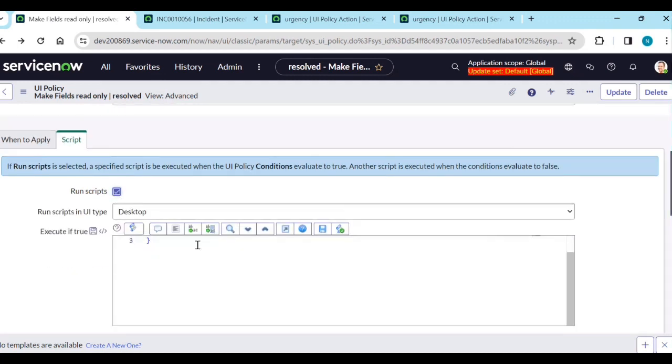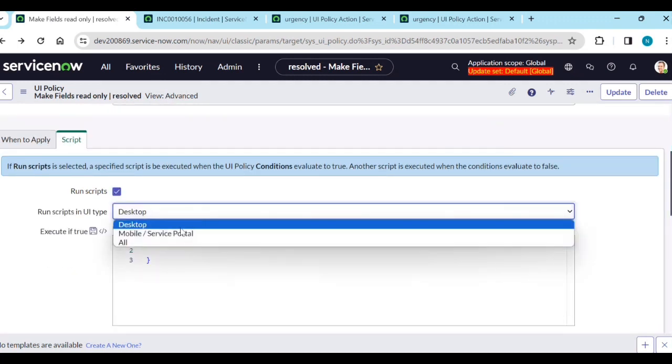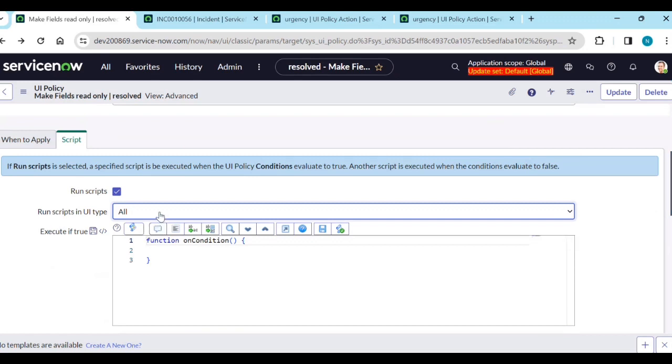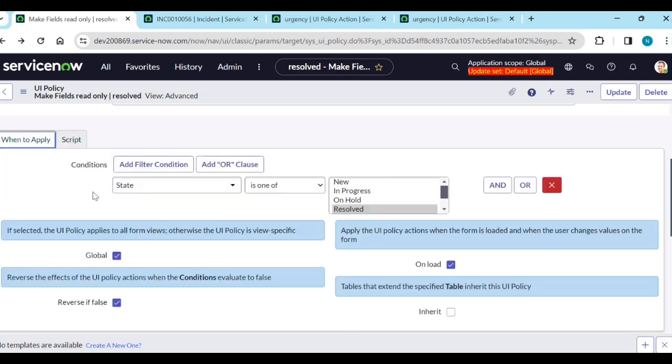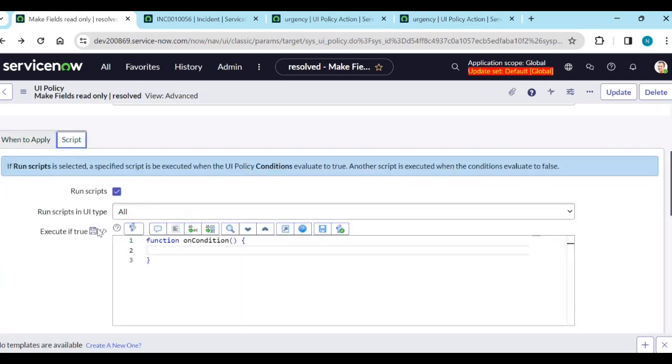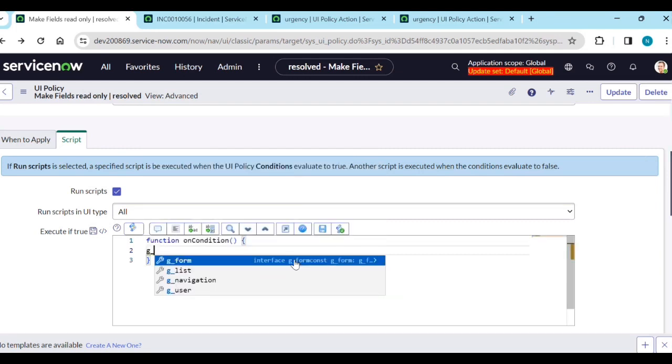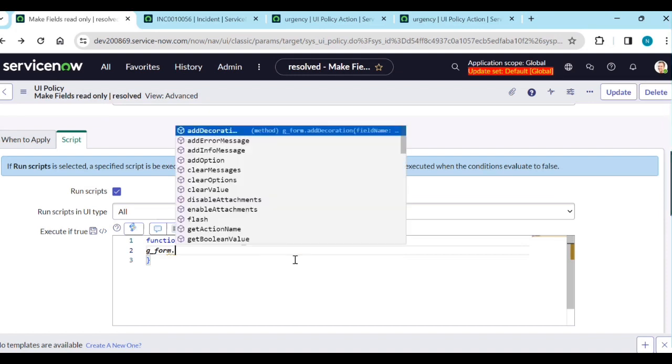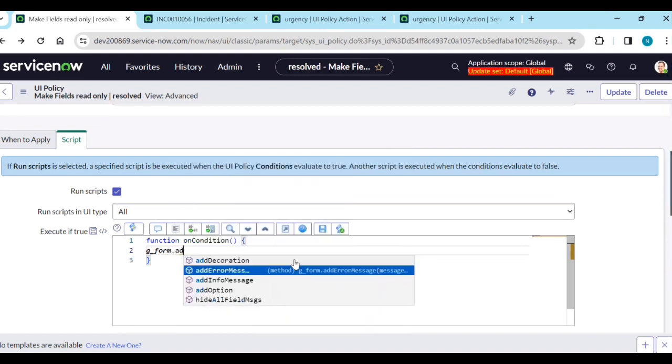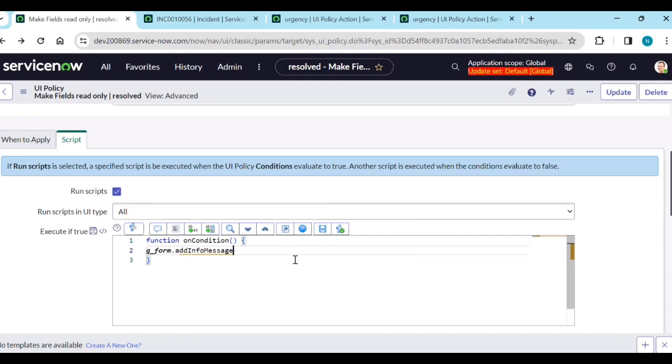It should run on all, the service portal or anywhere. Then you can check if the condition is true. If the condition is true, evaluate true, then this will run: g_form.addInfoMessage. You need to trigger this info message only if